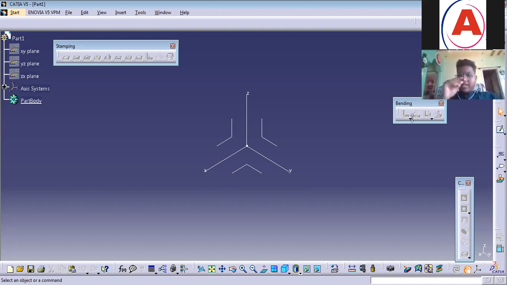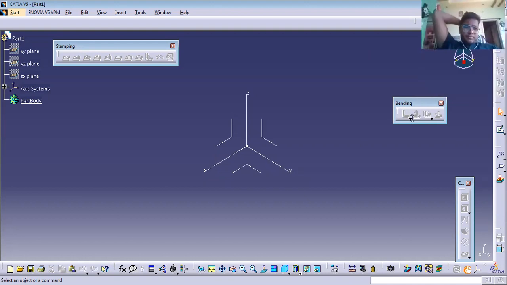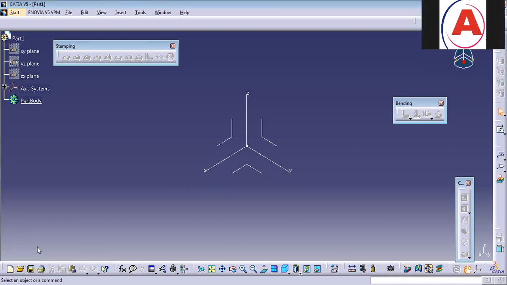Thickness of the sheet metal and bending radius, we have to fix it. Yes sir. Okay. So to do that, where we have to go is,